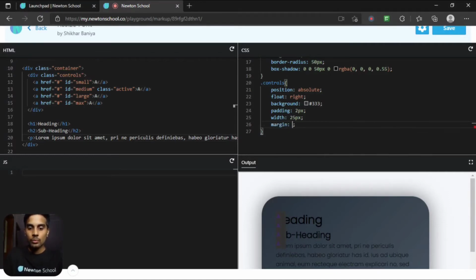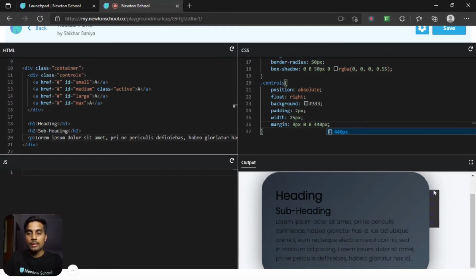So margin will be 8 pixel top, left will be 0, right will be 0, and bottom will be 440 pixel. So it got shifted to the right side. And as you can see, when I scroll, it is sticking to our box since we have defined the position as absolute.